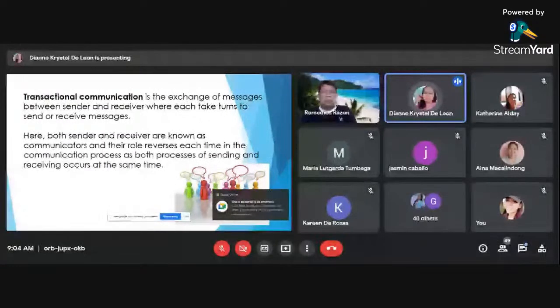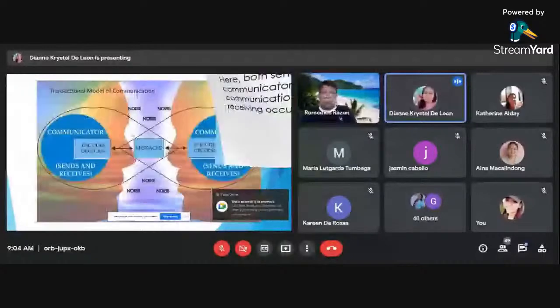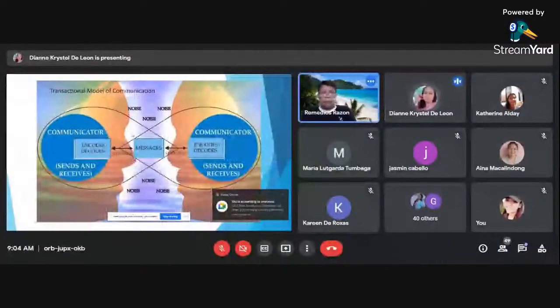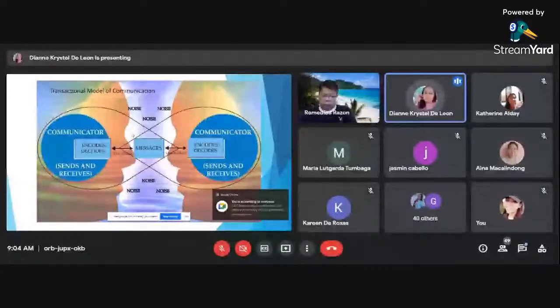So, maiintindihan po natin ito through this model. Okay, so this is a transactional model of communication. So dito po, makikita natin na meron dalawang communicator. So, ito po ay isang sender at isang receiver. So, dito po, once po na nag-communicate na ang sender at receiver, mag-i-interchange na po sila ng roles. So, yung receiver po magiging sender at yung sender magiging receiver. And yung mga noise po, yun po yung mga isa sa factors na ating i-explain mamaya na nakaka-affect sa ating